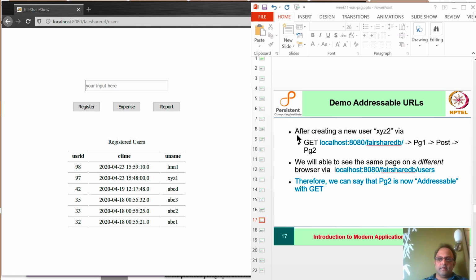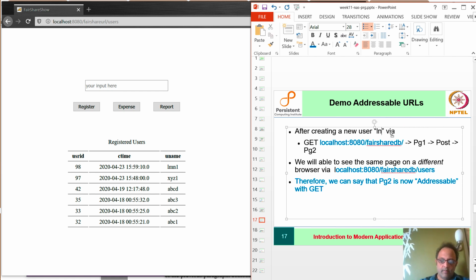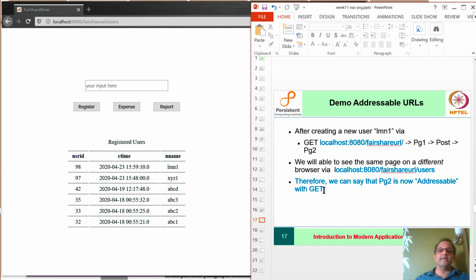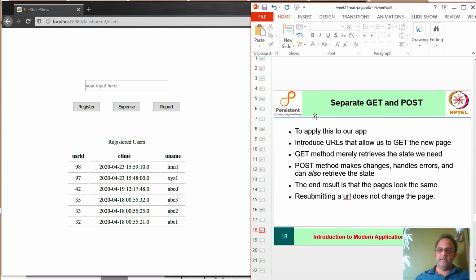As recorded in the slide here, the demo showed us that after creating a new user, I think I created a user called LMN1, via GET fair share URL, I was able to visit that same page on a different browser via a new URL. And so we can say that PG2 is now addressable with GET. That's what addressable URLs mean.